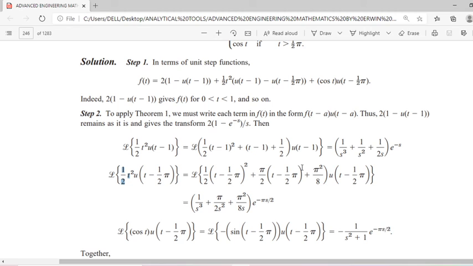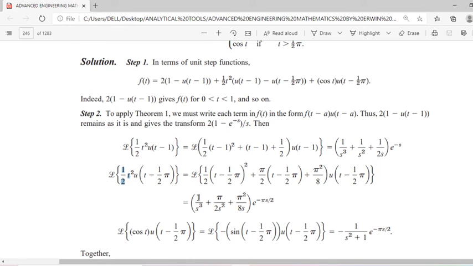Appropriately modified, you can multiply with the u of t minus pi by 2. So you can similarly consider this shifting theorem here, and you will get from this equation, as in the previous step,